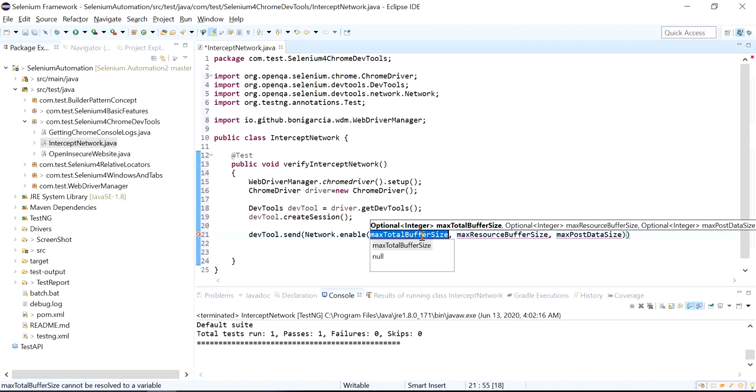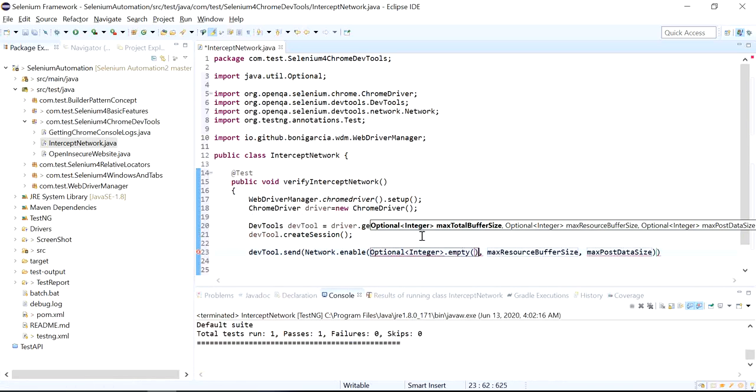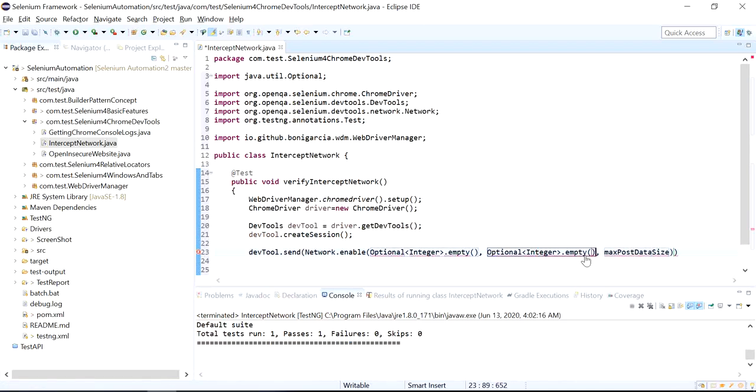So what I'll pass here, I'll say Optional dot empty, and the same I'll pass in the next two parameters. Let me remove this Optional dot empty.